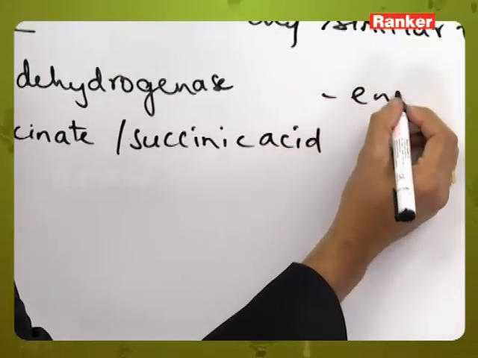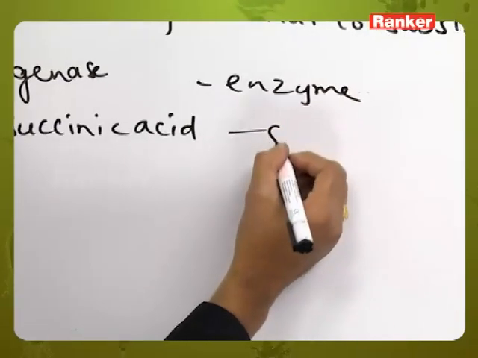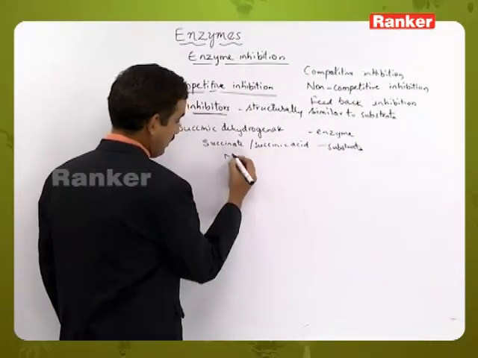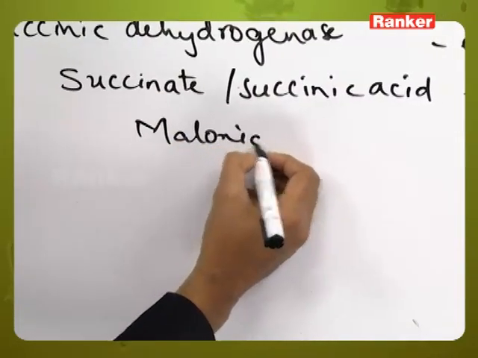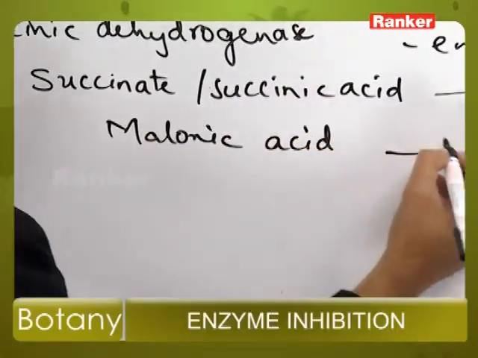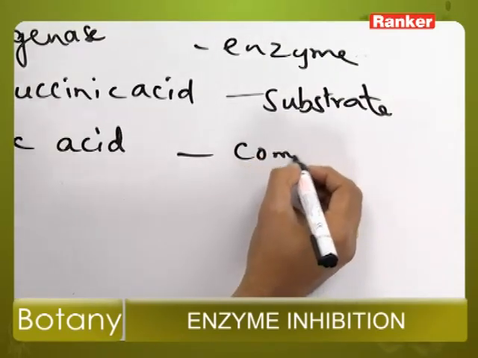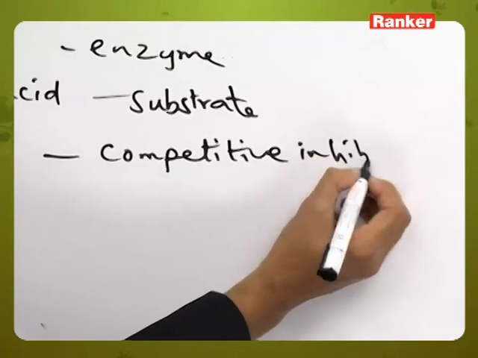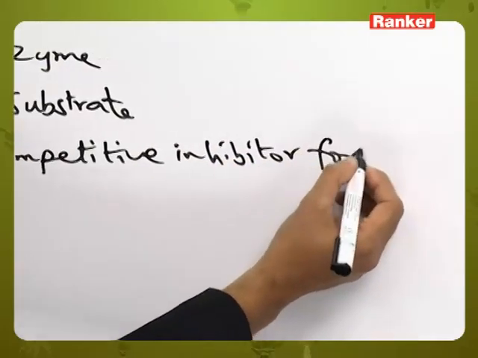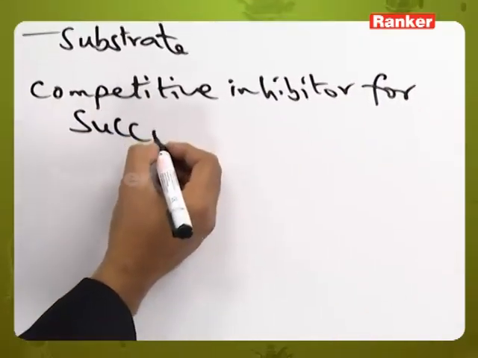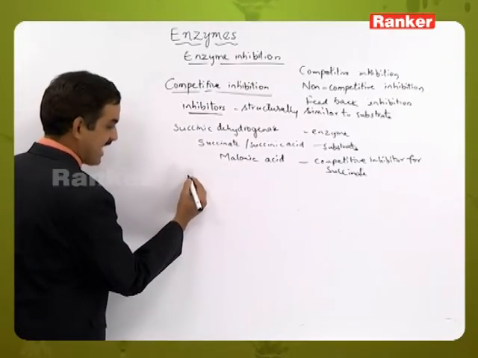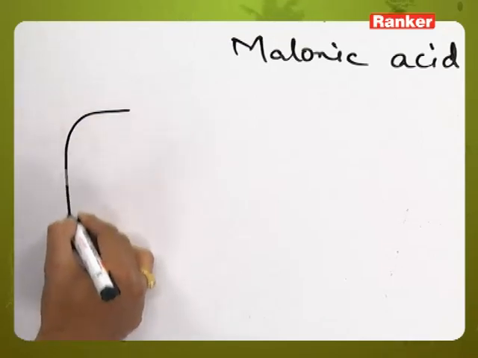So this is the enzyme, this is the substrate molecule, and malonic acid is a competitive inhibitor for the succinate molecule. Let us see this in the form of a diagrammatic representation, where this is an enzyme molecule